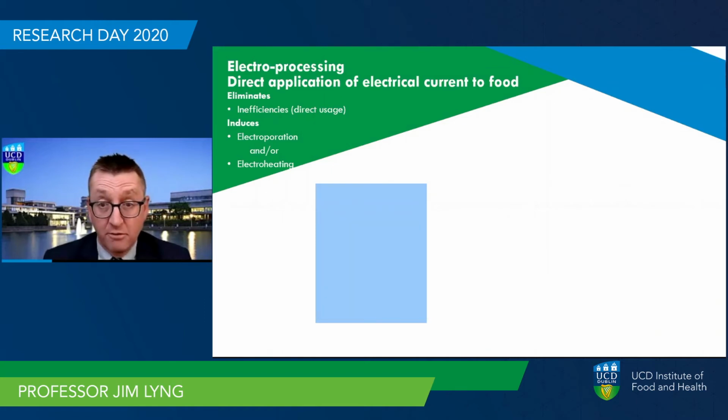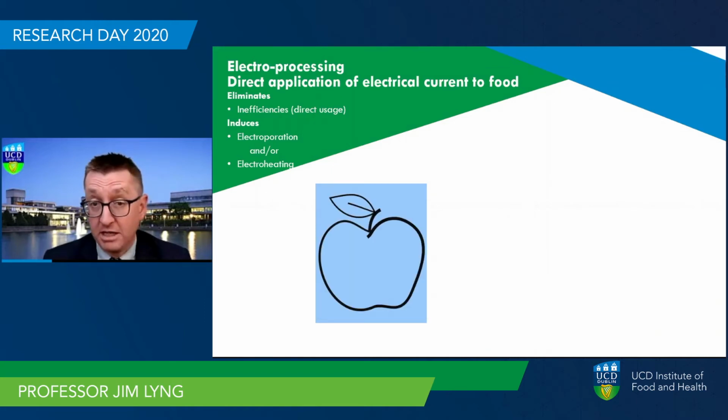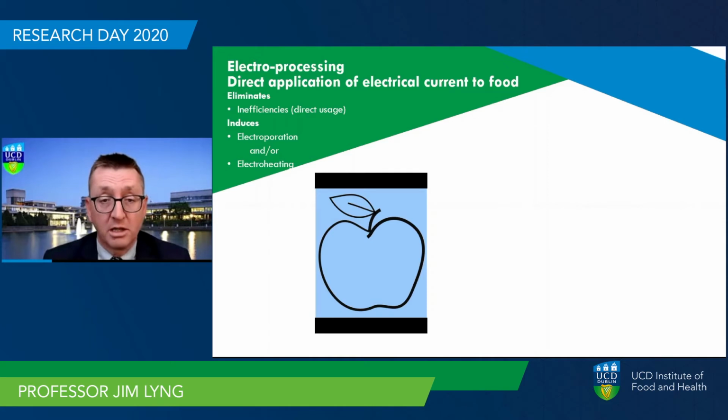Now, to illustrate the difference between these two phenomena, I'm going to put up a liquid system into which I'm going to place a solid food, in this case an apple as an example. We're going to pass electrical current directly through that system, so I need a pair of electrodes to come in contact with that system. I'll also draw your attention to the fact that in the food and the surrounding liquid, there are a large number of dissociated ions at this point in time,